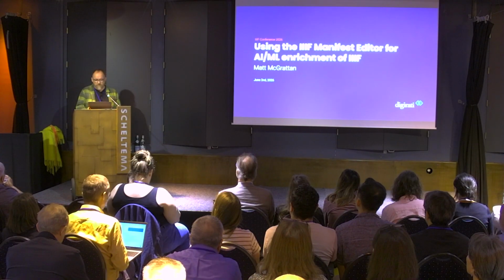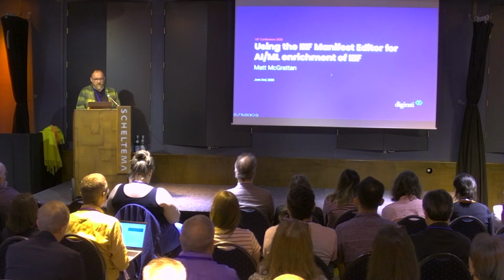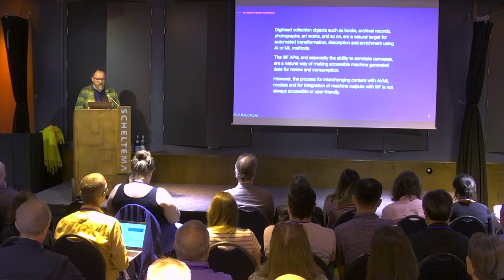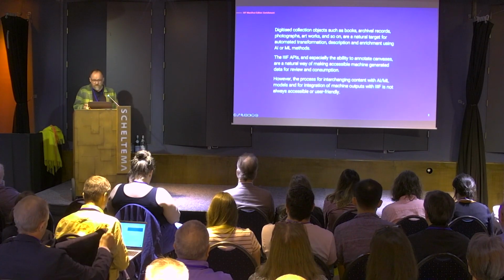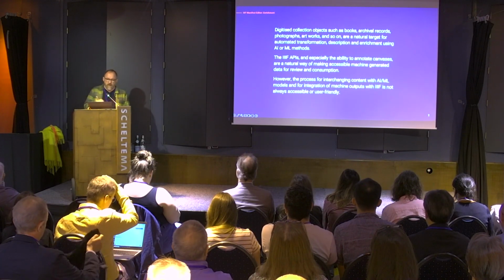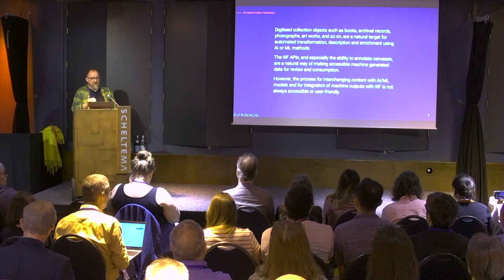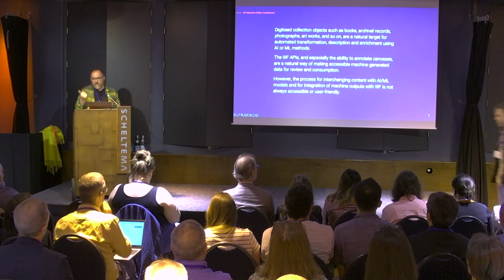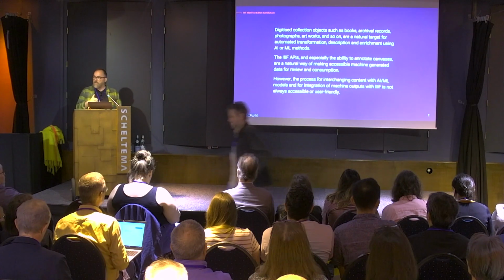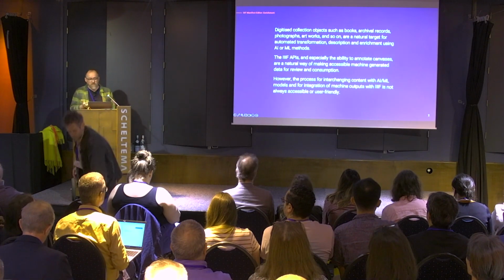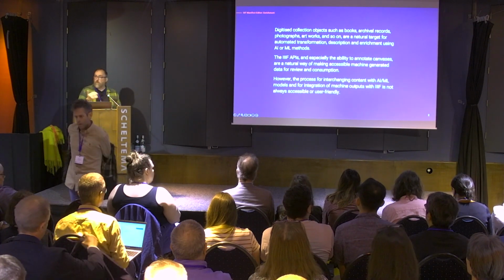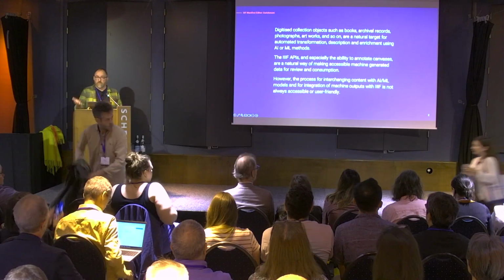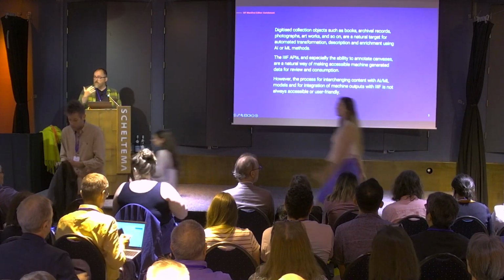of IIIF resources. So I think we're all familiar with the fact that digitized collection objects like books, archival records, photographs, artworks and so on are a natural target for automated transformation, description, and enrichment using AI or machine learning methods. And I think there are quite a few other talks in this conference that cover interesting and exciting examples